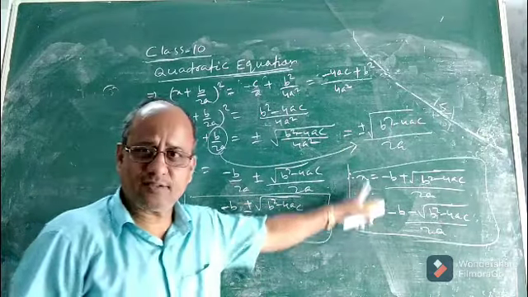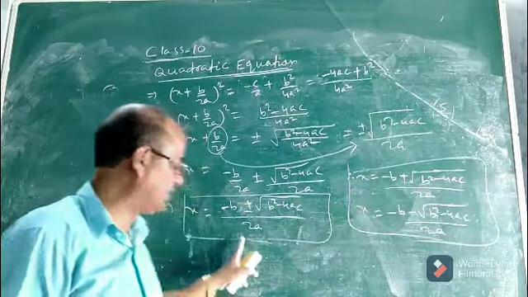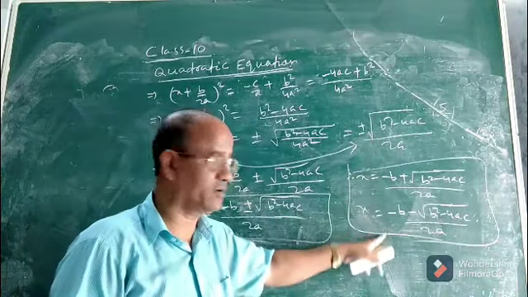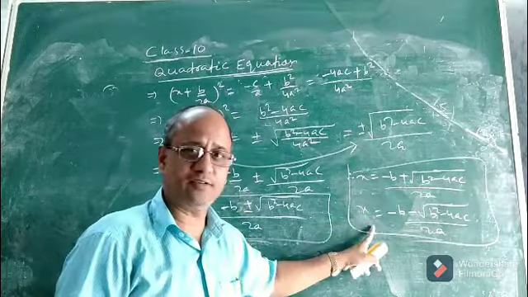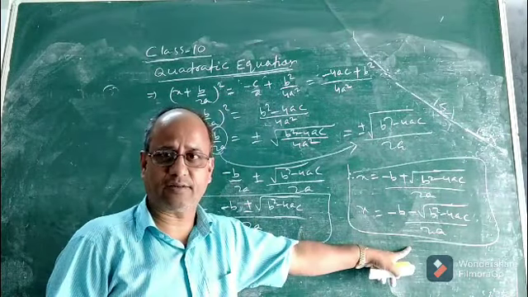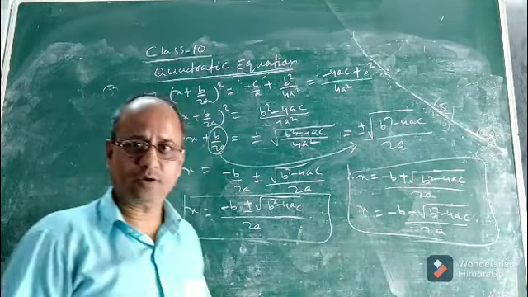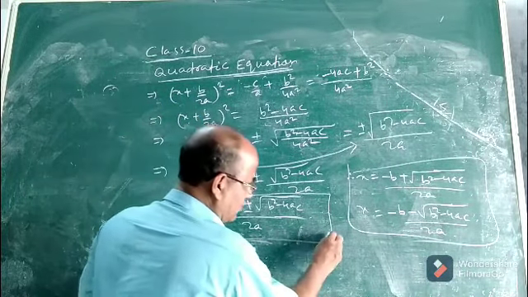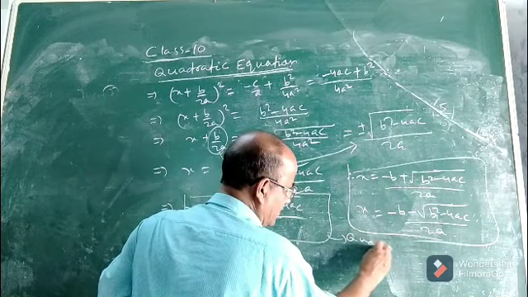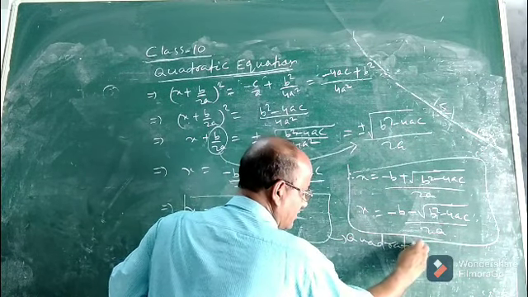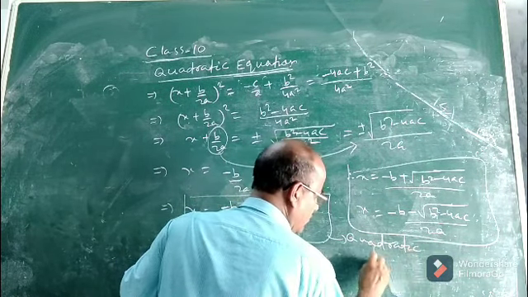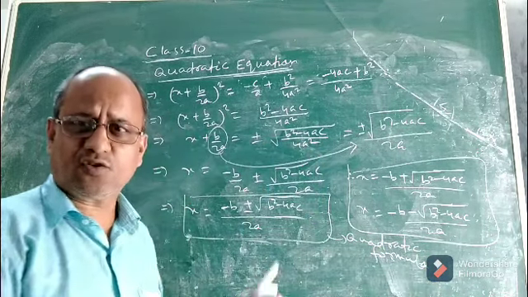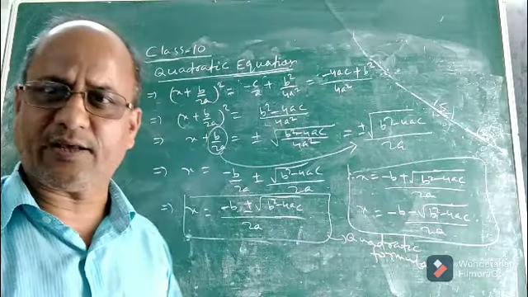See, this formula is same as these two. These two, when combined, you will get this. Or when this formula is broken or split, you will get the values of x. x will be either this or this. You see, one is the positive one, the other is negative. Okay? So this important formula is known as your quadratic formula, which was invented by Sridharacharya. Quadratic formula.